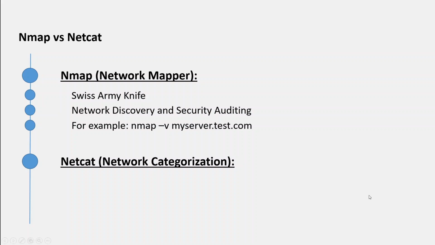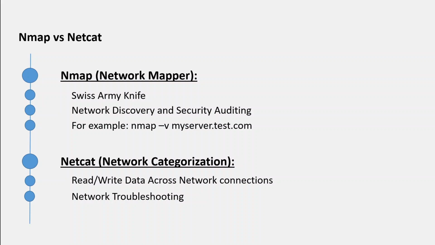On the other hand, Netcat is a networking utility that reads and writes data across network connections. It's a versatile tool capable of opening TCP connections, sending UDP packets, listening on arbitrary TCP and UDP ports, and much more. For example, you can use the nc command to see if the port 1521 is listening and open on